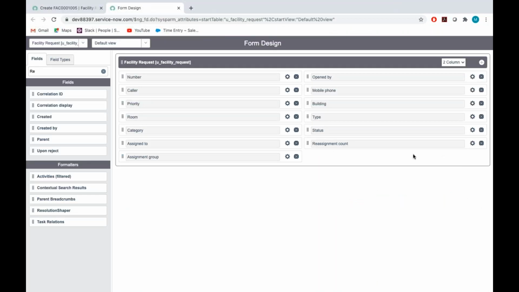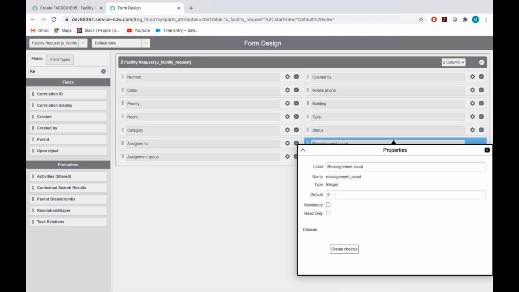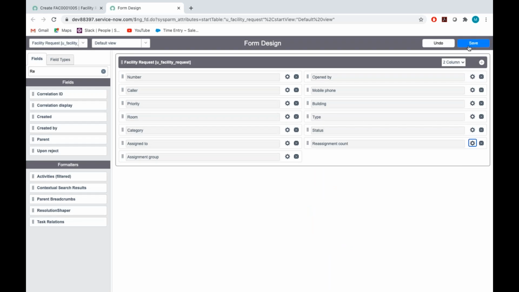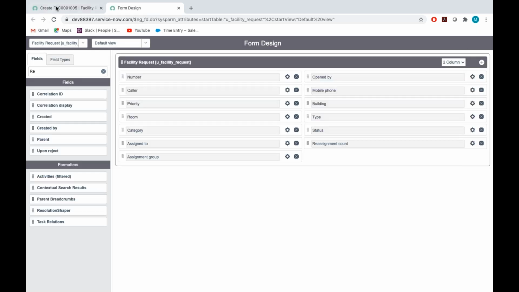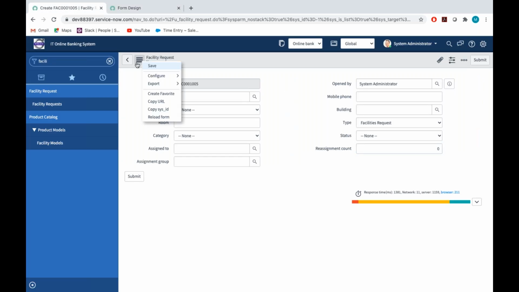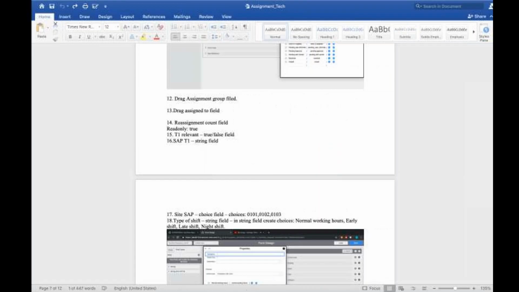So go to the reassignment count, make it read only true, and save. I can see the form. Super. And the next one,